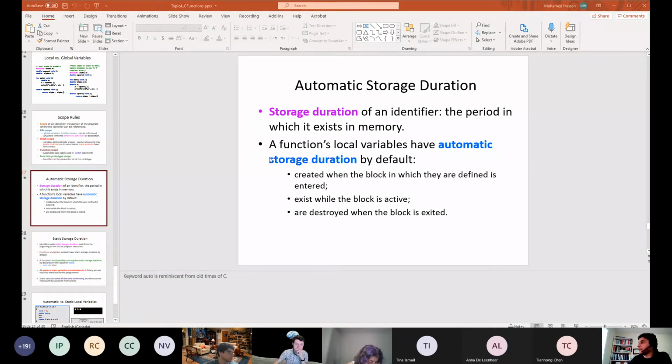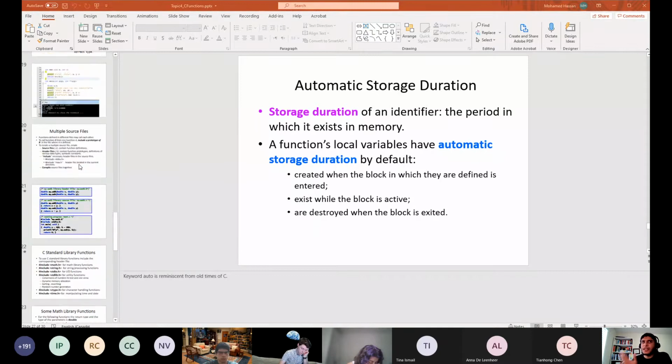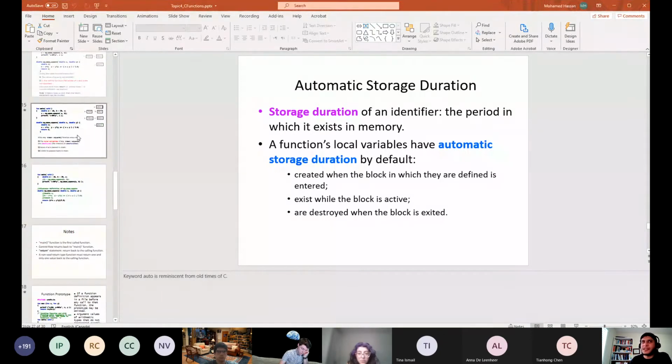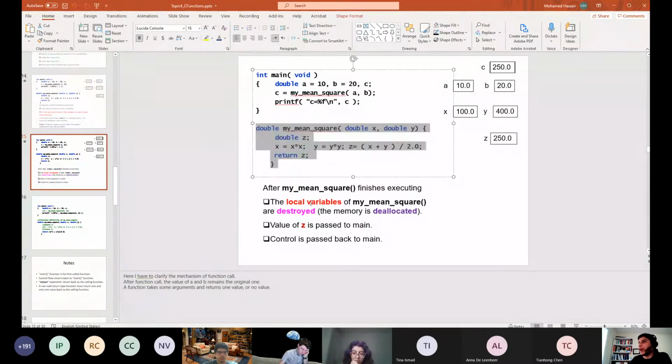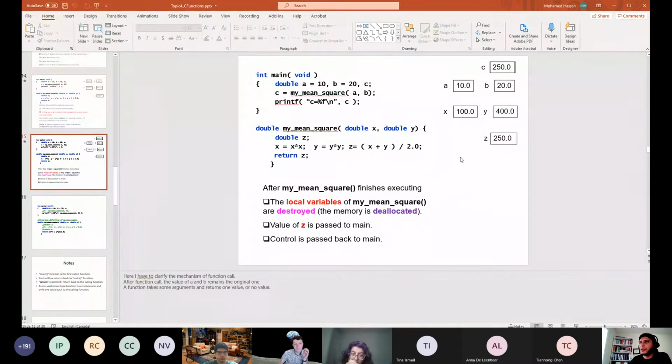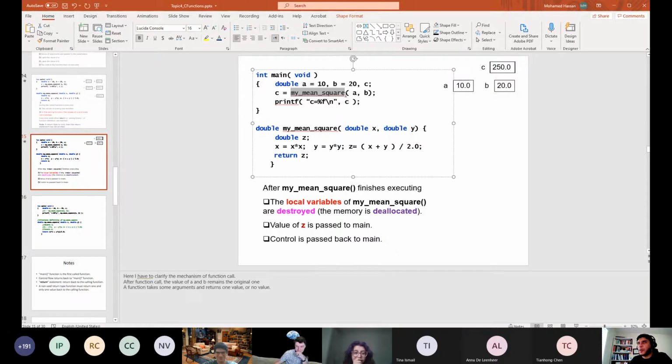This is what we went through last time, but it's very important to understand because it's related to the static variable. We said if you define a variable inside a certain scope, then the lifetime of this variable is really attached to the scope itself. To understand what I meant by this theoretical statement, go back to the example we had, this my mean square function we defined. We said before you enter your function call here, all the x, y, z didn't exist before. Until I really call my mean square passing a and b, x and y and z don't exist.